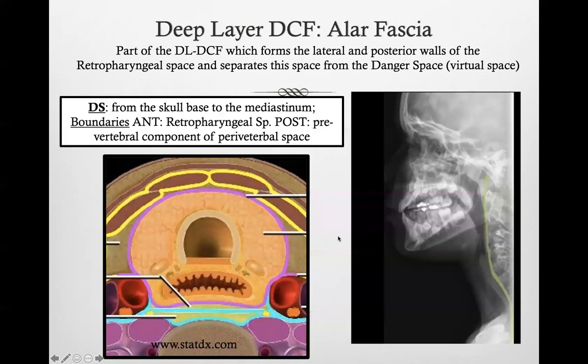Remember that the deep layer of the deep cervical fascia has a small reflection called alar fascia. And alar fascia forms the lateral and posterior wall of the retropharyngeal space, which is here. So this is the alar fascia, and this is the retropharyngeal space. Behind the retropharyngeal space, between the retropharyngeal space and the vertebra, there is the danger space that is here in green. This is from Radiopaedia, showing how this danger space goes from the skull base to the mediastinum without separation,